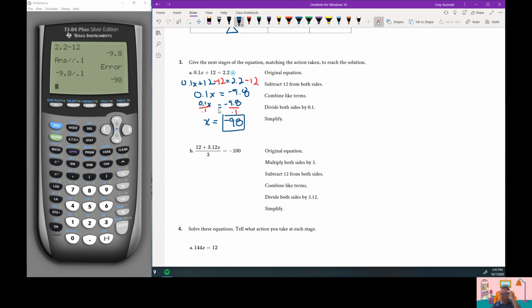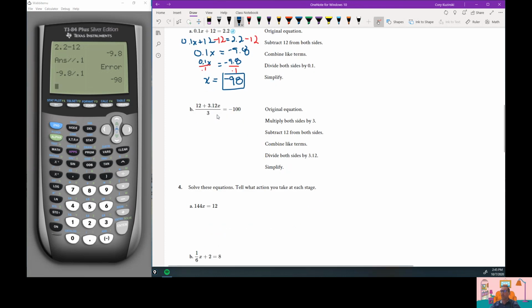The steps with the red, I usually don't show them. I'll show that when I get to number 4. Multiply both sides by 3, and then I see there's no subtraction or no simplify. So I think I'm just going to do this. Okay, when I multiply both sides by 3, on the left I'll get 3 times 12 plus 3.12x, and on